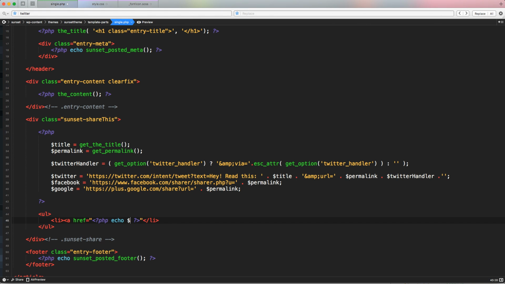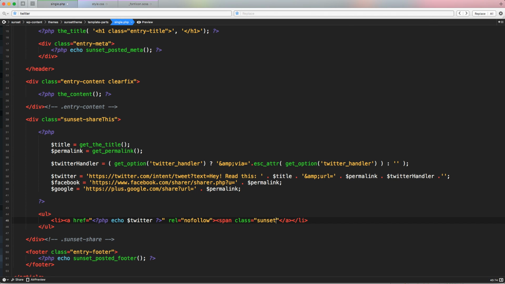So let's echo the $twitter. Here I want to apply an HTML5 declaration, rel nofollow, to avoid giving SEO ranking to these URLs. And inside the A tag, I can write my inline span